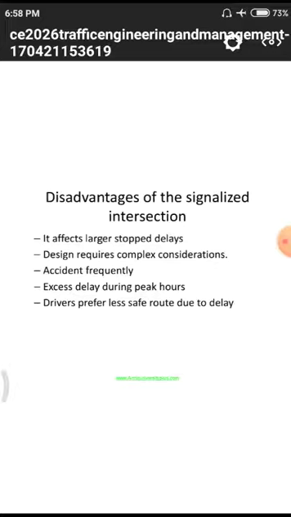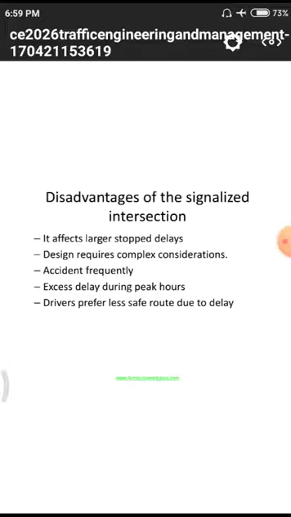It causes larger stopped delays. Larger means that, due to this, a few lanes of the road have to wait for a few minutes, so there may be a large quantity of delay of vehicles. Why? Because if the lane is a short lane, there may be a huge amount of capacity on the road, so there may be a large span of waiting, and this waiting is called delay. Next one,